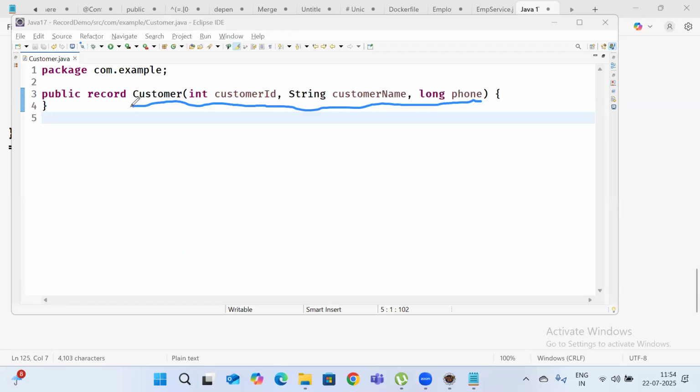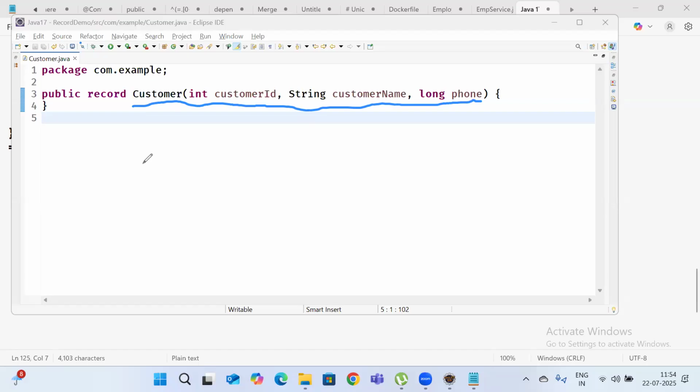Now, what is the purpose of record? Why were record classes introduced in Java 17? They are used for the concise, short way of creating data transfer objects in the application. If you want to create an immutable object only for holding data, and you want to transfer this data from one service to another service with the immutable feature,